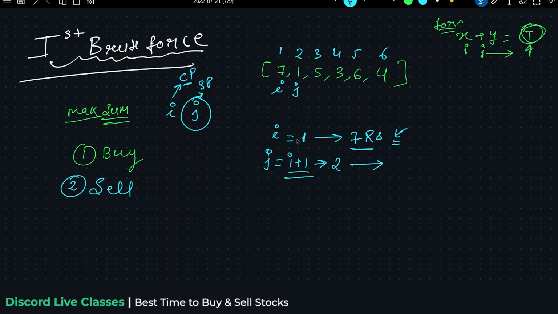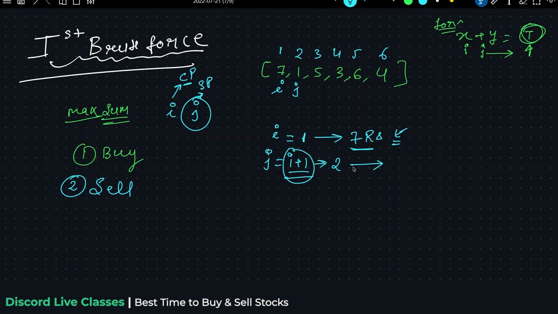And on the second day, can anybody give me an explanation on this? Why did I take this I plus 1? Because we have to sell ahead, right? Yes, correct. Make sure you do not start j is equals to 0. Otherwise, it means you are purchasing on that day and selling on that day, and then you will not get any profit. So you should start this particular j after the I. So that is going to be I plus 1, from 2.